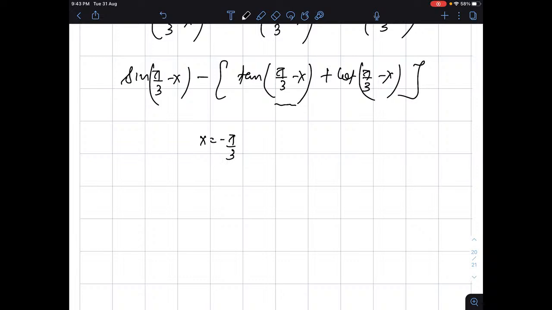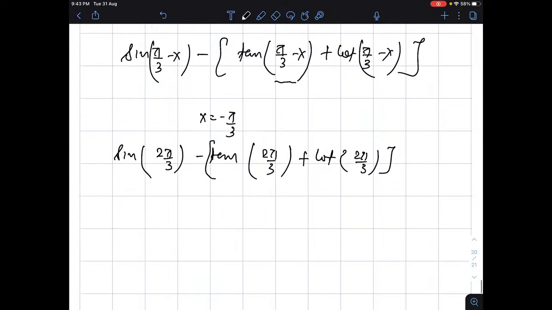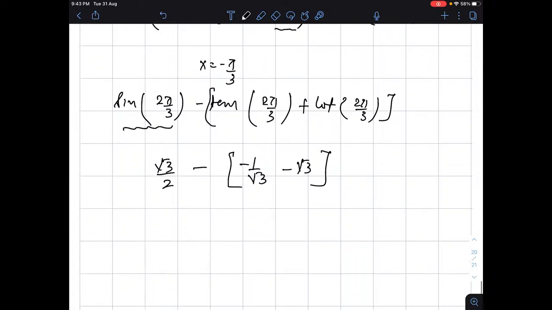So the thing will become what? Sine of pi by 3 minus pi by 3, sine 2 pi by 3, minus tan 2 pi by 3, plus cot 2 pi by 3. And tan 2 pi by 3 is minus root 3, and cot 2 pi by 3 is minus 1 by root 3, with the help of tan of pi minus pi by 3 being minus tan pi by 3, and cot of pi minus pi by 3 being minus cot pi by 3. Sine 2 pi by 3 will become sine of pi by 3, that is root 3 by 2 we know, and the minus sign in front of it. So root 3 by 2